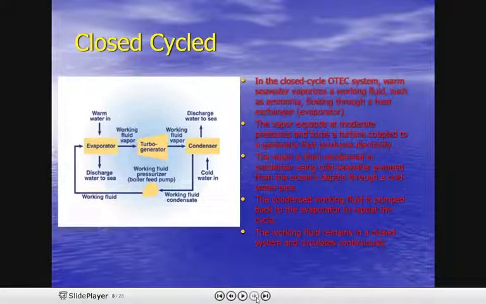Closed cycle OTEC system: warm seawater vaporizes a working fluid such as ammonia flowing through a heat exchanger, which we call the evaporator. The vapor expands at moderate pressure and turns a turbine coupled to a generator to produce electricity. The vapor is then condensed in the condenser using cold seawater pumped from the ocean depth through a cold water pipe. The vapor condenses in the condenser, and we send it to the sea where the cold water is, from the depth through a cold water pipe. The condensed working fluid